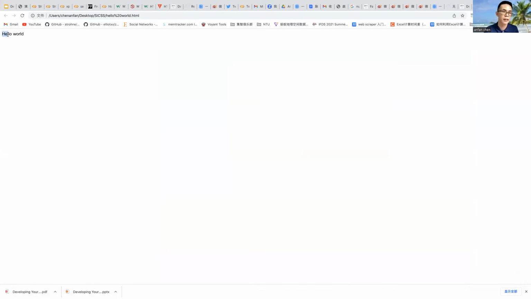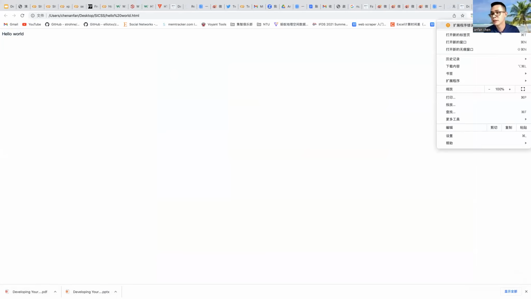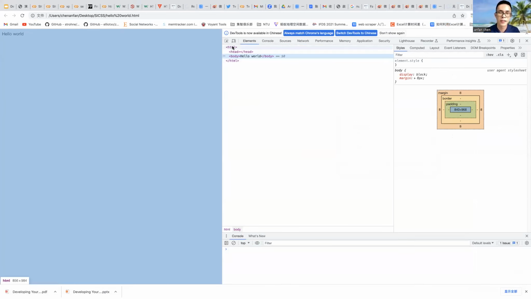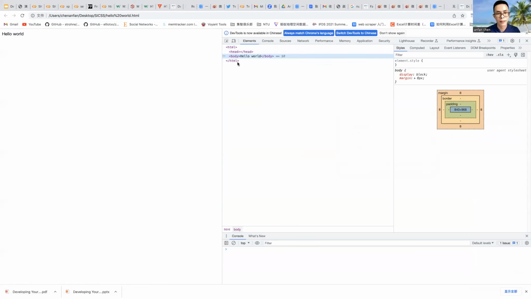You can see the only content is hello world. And if we click to see the elements, it is HTML, and the body is hello world. That is what the HTML of this file looks like. It's very simple.